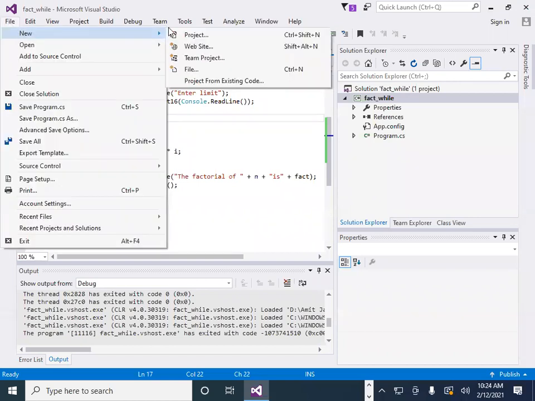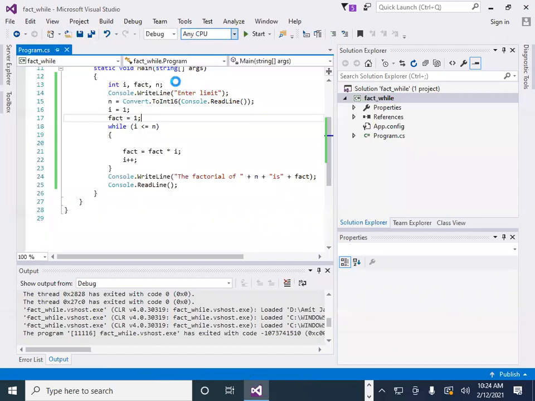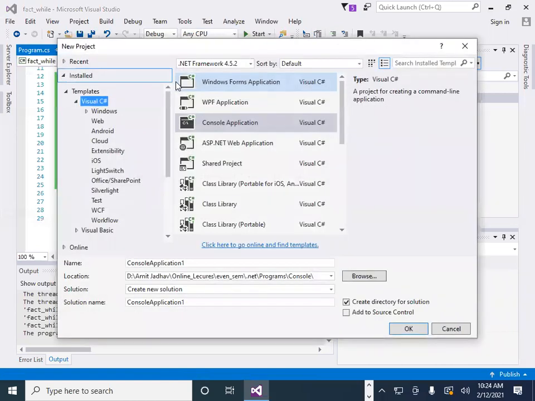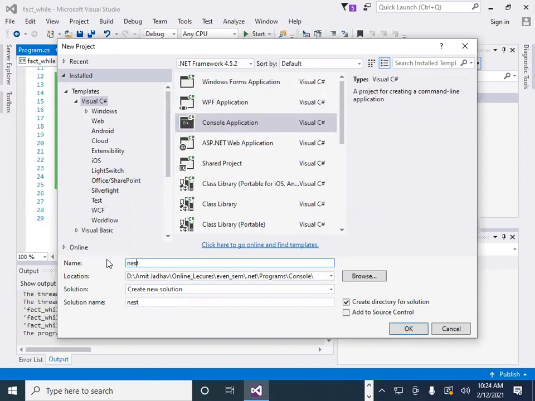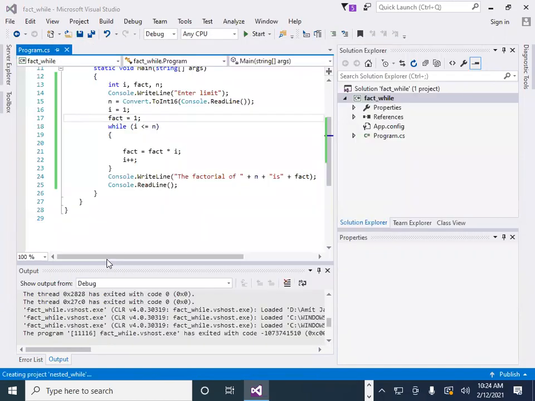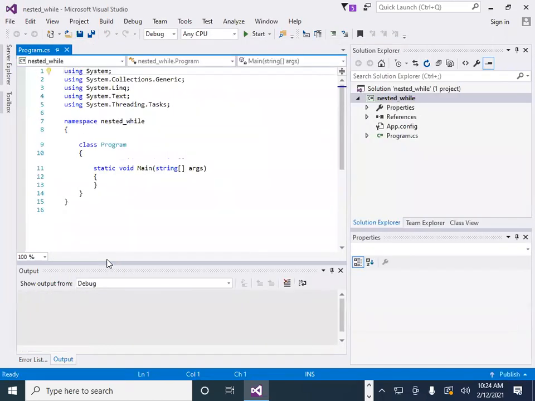So here new project, select the console application, change its name to nested while. So here we define two variables, integer i and j.